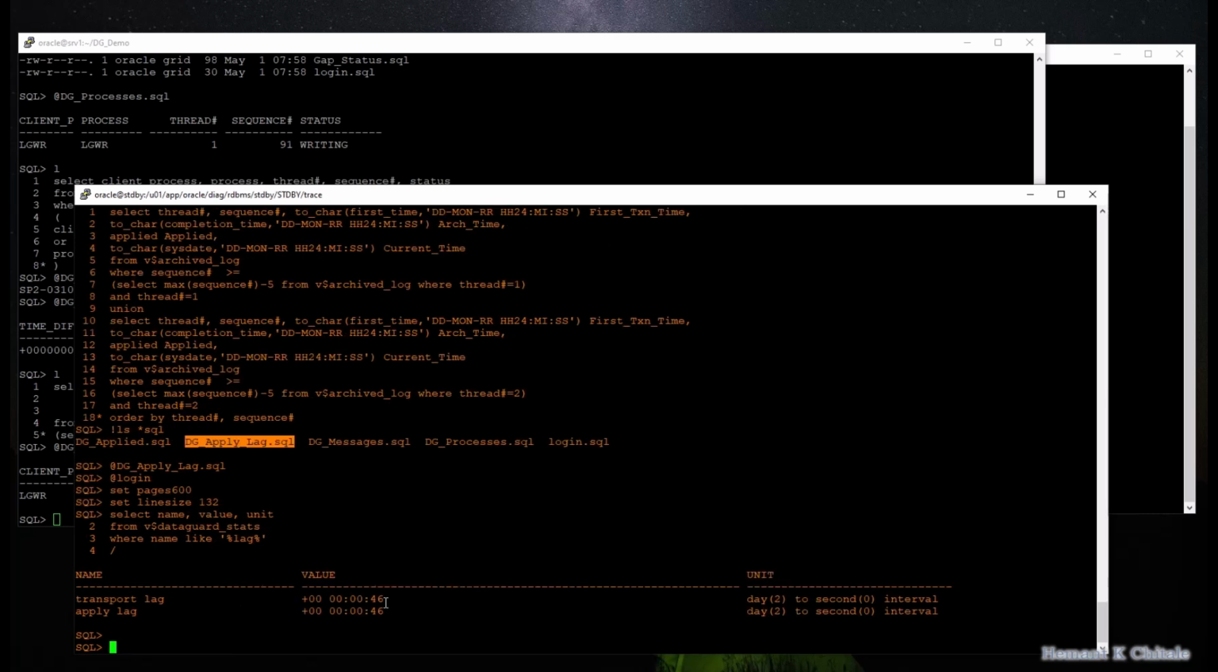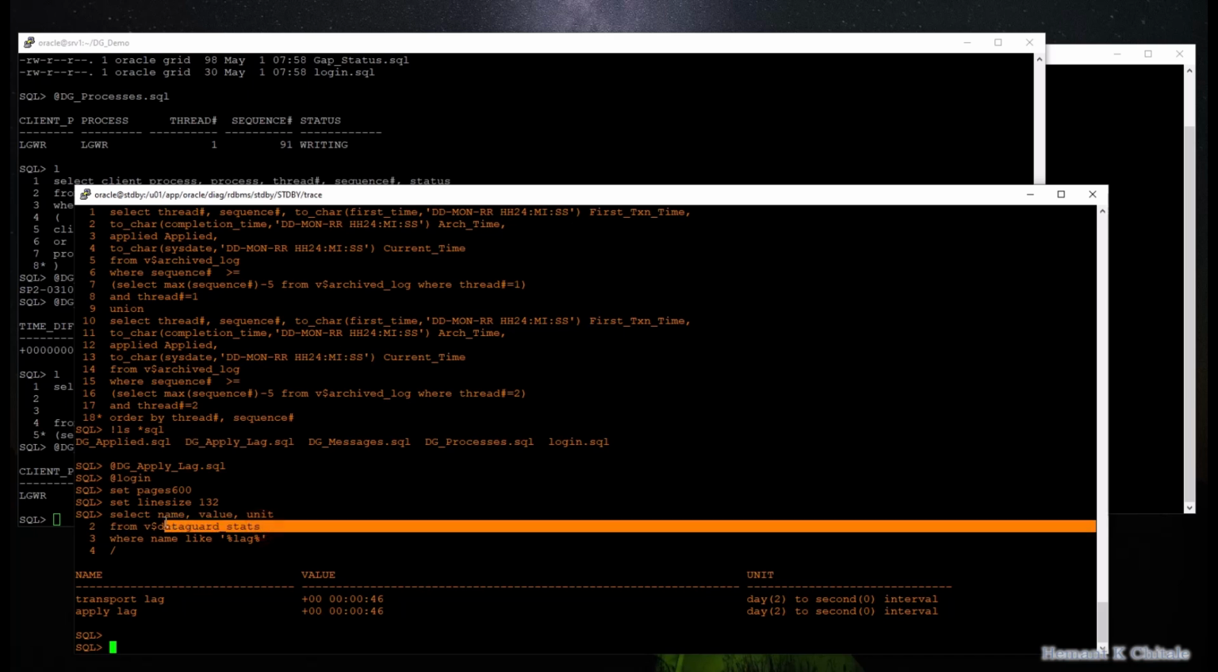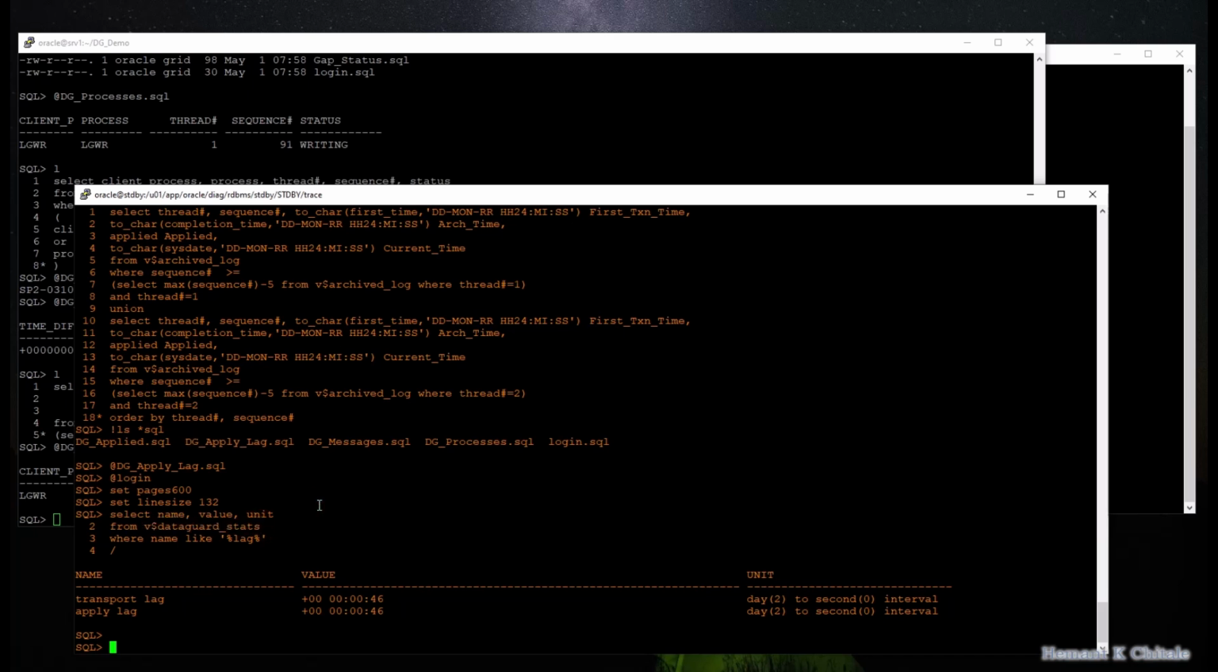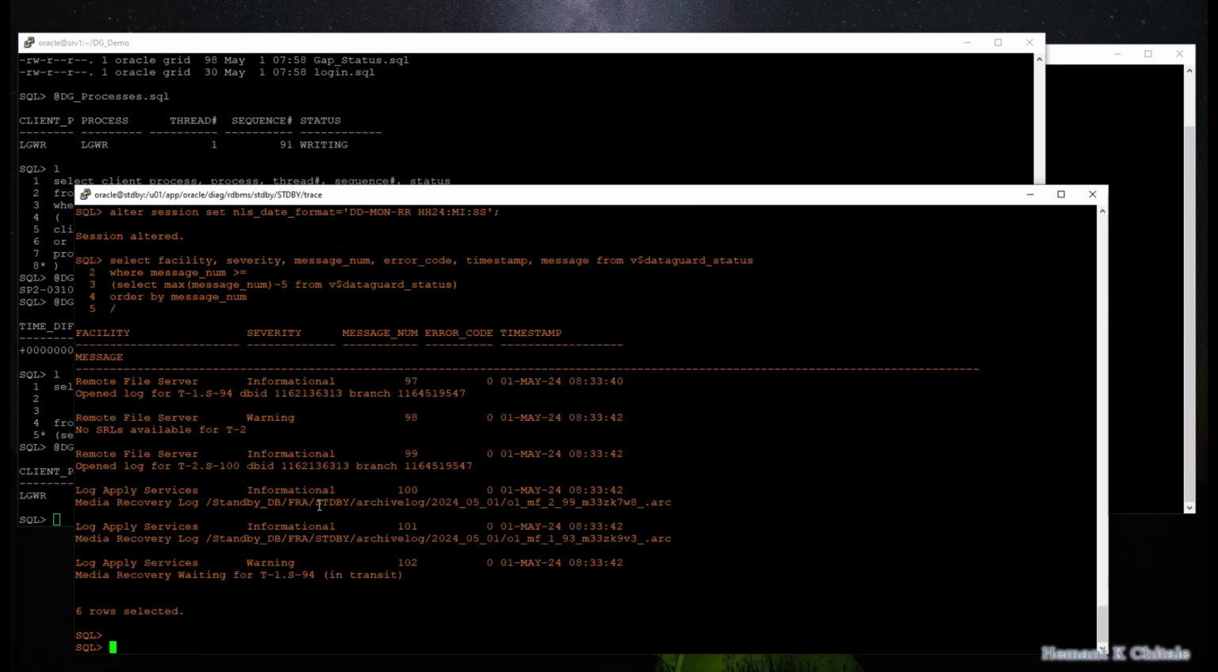So this is the transport lag. You can see it has gone up a bit to 46 seconds. This query again is only at the standby, it is not at the primary. These are all the messages, recent messages. I'm just showing you the last 6 or so messages, and you can see